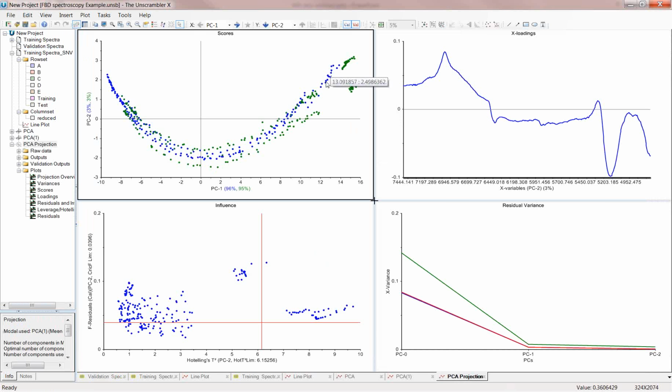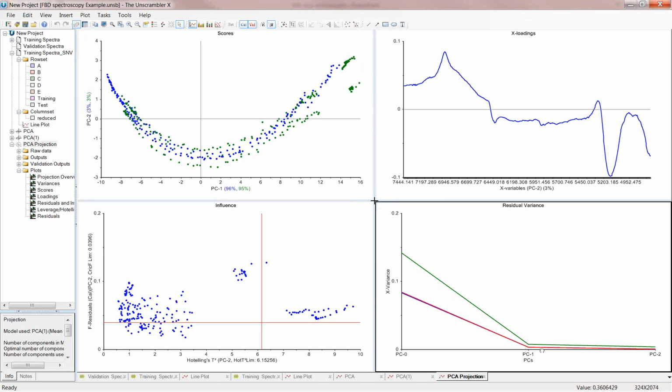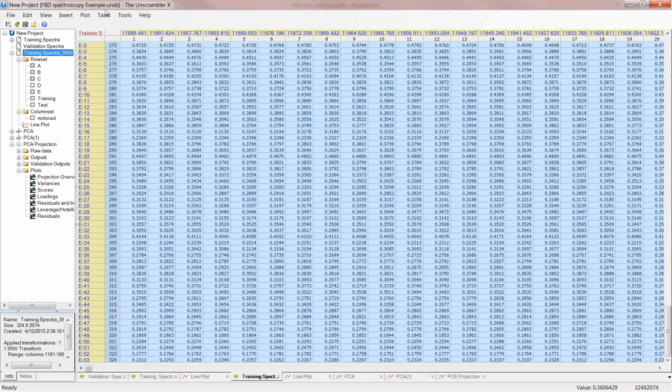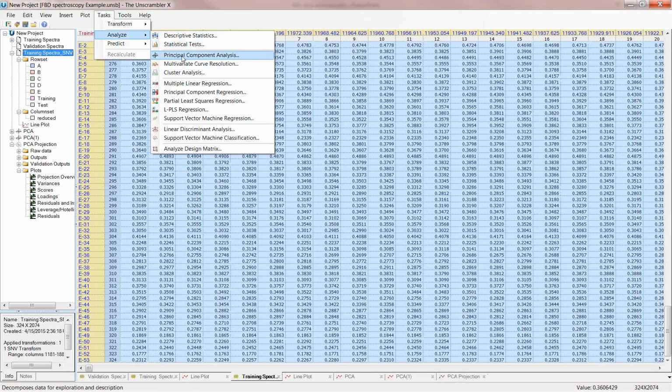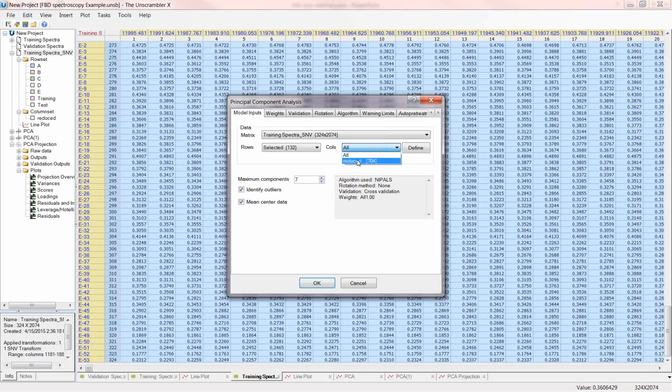Now what we see here is that the blue, that's our original calibration data set, and our green is our new projected data. And we can see they follow a fairly similar trajectory. You can see that as well in this residual variance. You can see that in the first PC we are explaining almost as much with our new data as we are our original data. The blue and the red line is our calibration and cross-validation residual variance, and the green line is the new one. So I'm going to go back up in here, and I'm going to create a new one on my